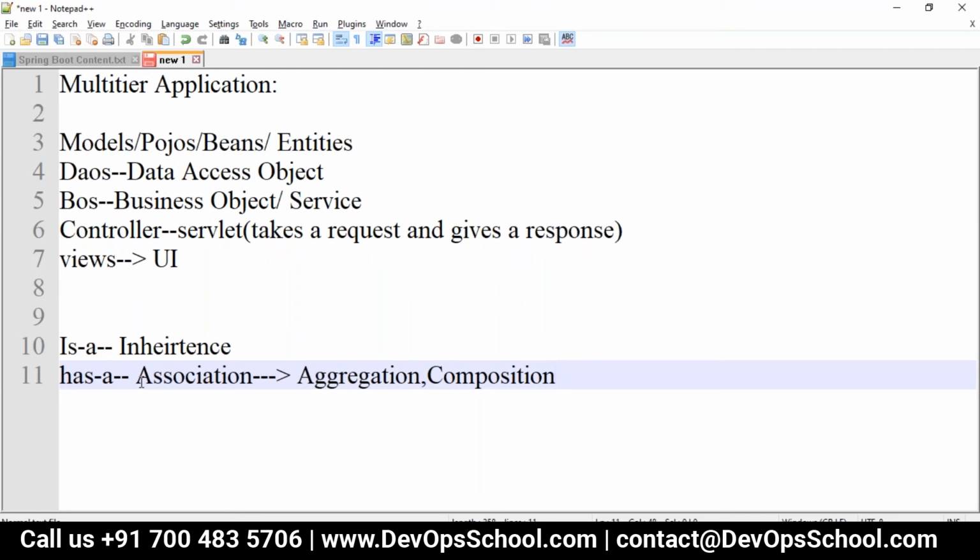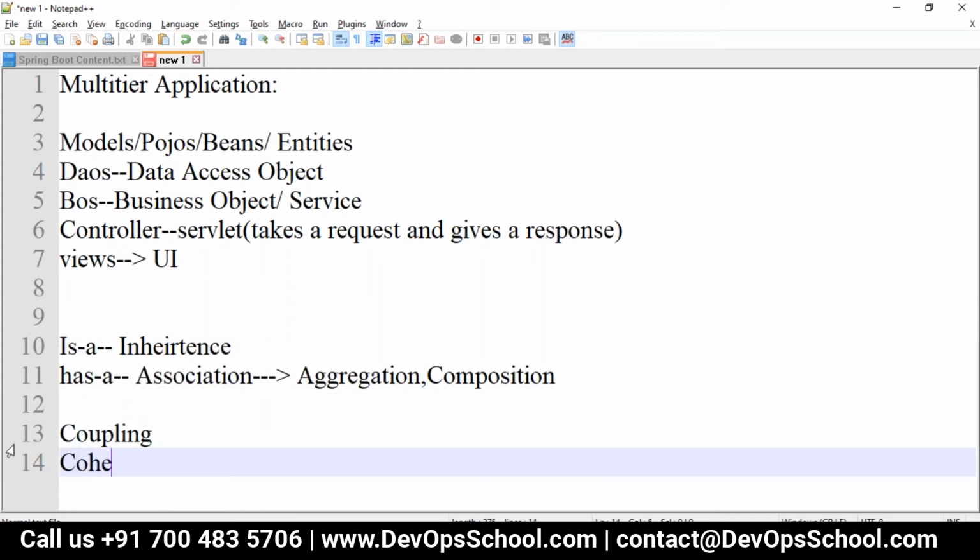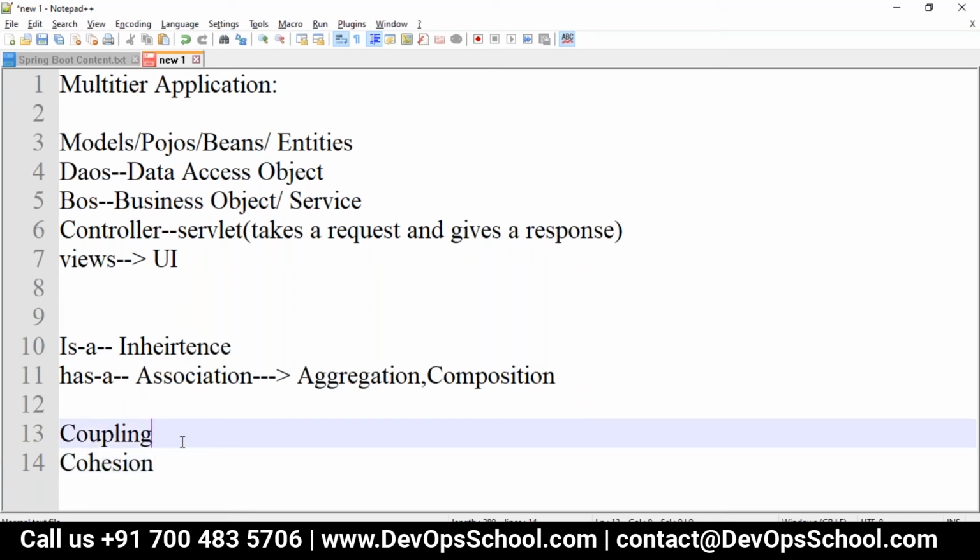So we go on to a number of other terminologies, which are coupling and cohesion. Coupling is the measure of the degree of interdependency between the modules. So one module is dependent on another module, which is interdependency between the modules.